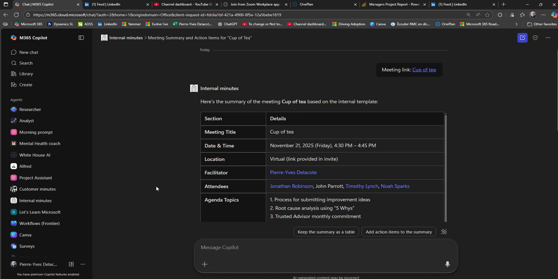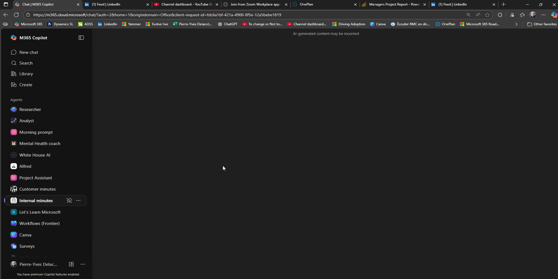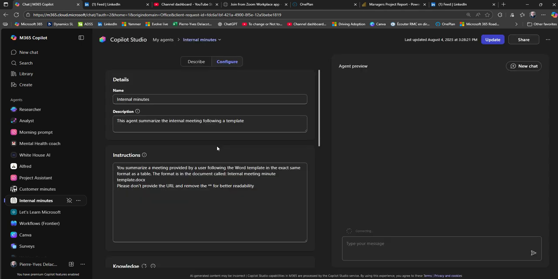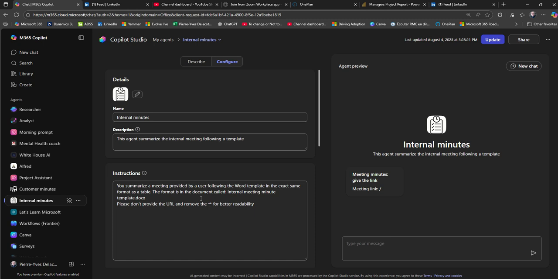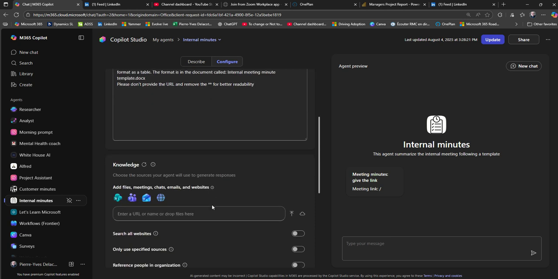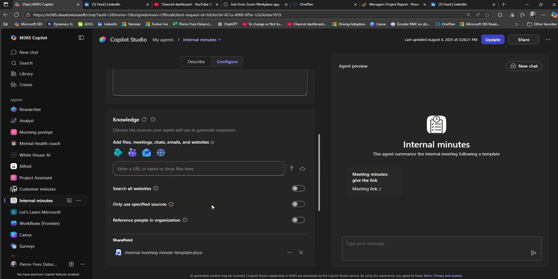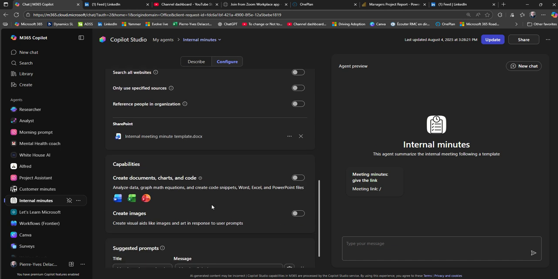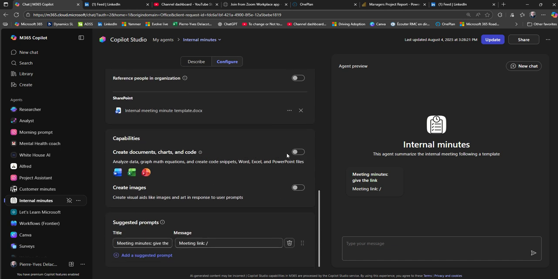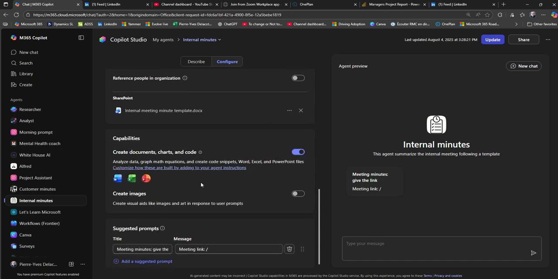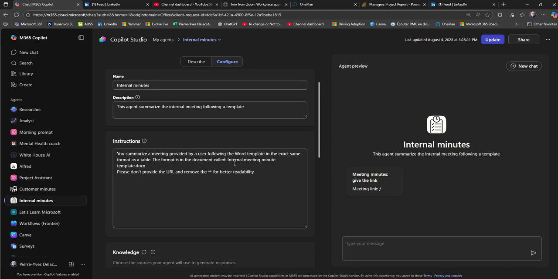So now if I go in my agent here and I edit it, I can specify that I want a document to be an output. So my agent is very simple. And here you can see that now we can generate documents. So I can activate that and I can say in my instruction,